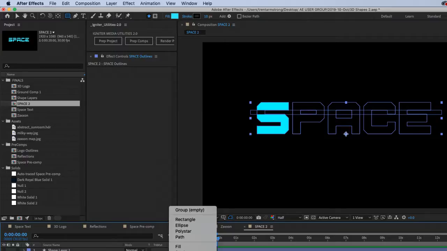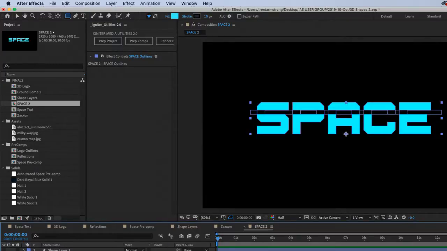Oh, you know what I need to do? I need to merge paths in the group. So I use the merge paths on the group to create one shape back out of all those other shapes. And once I have that one shape out of all those other shapes, I can then merge paths again and subtract the rectangle. Okay? Nice.